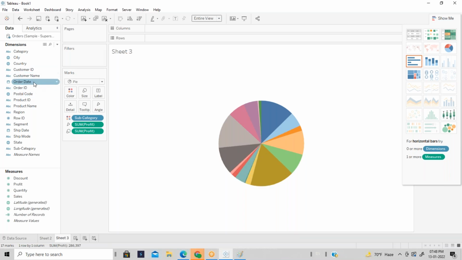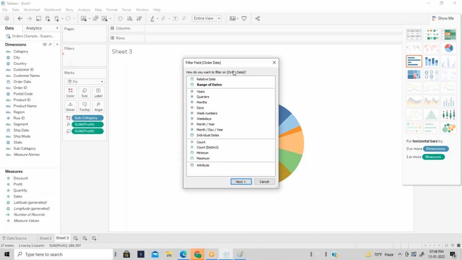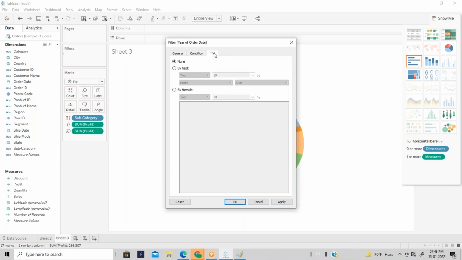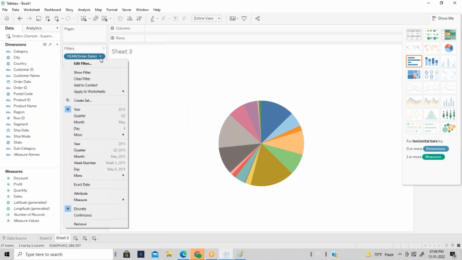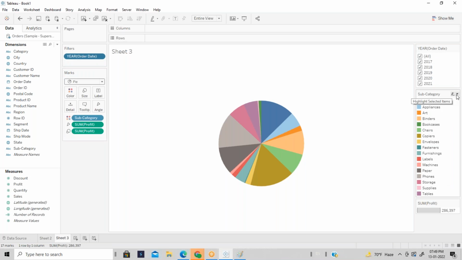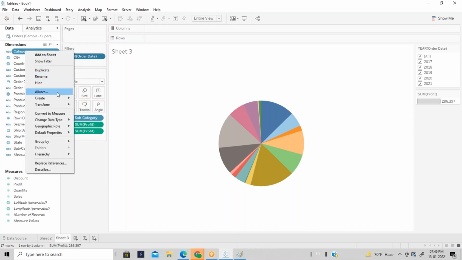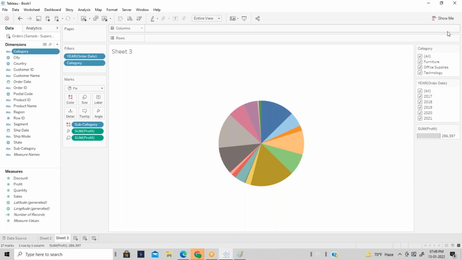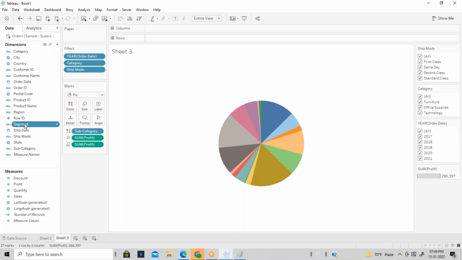I'm going to create a filter on the order date, show filter, and also create a filter on category as well, and ship mode, segment.